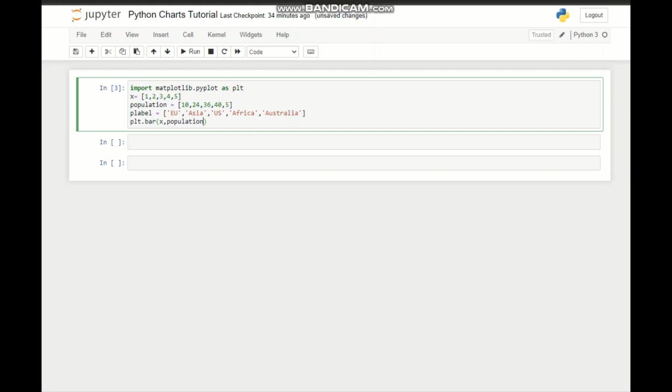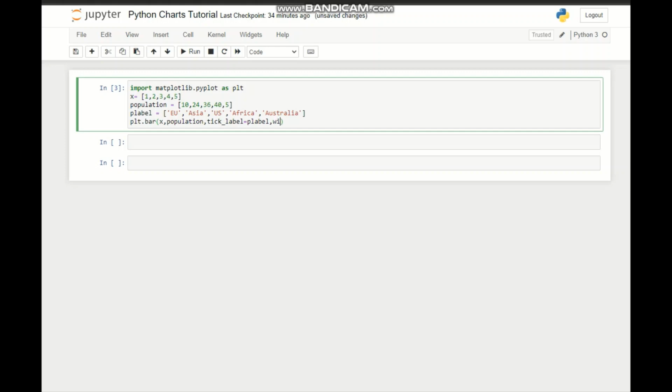So based on that the bars will be drawn, and you can see the height of the bars based on this parameter. And then there is a property called tick label, which we have set as p label,